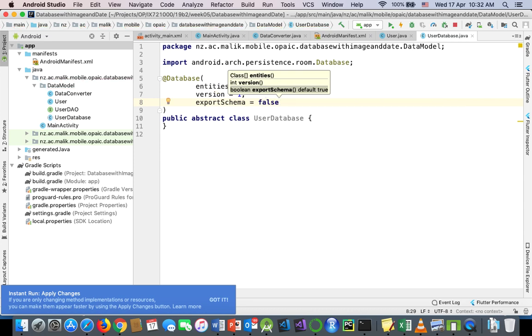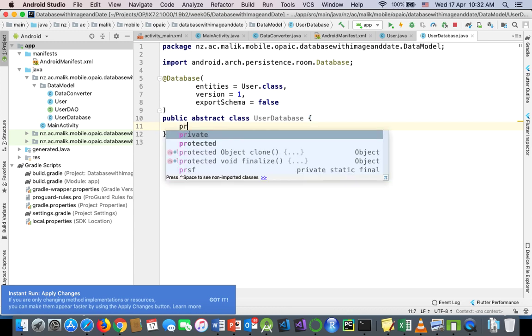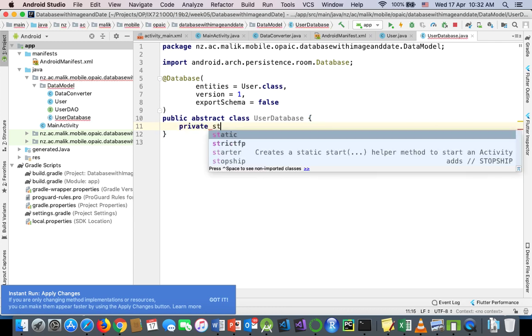It says that you want to export that particular schema that you have created here inside the entities. I want to make it false because if I make it true, then it gives me some error message that we can't resolve it right now. So I try to make it simple. False. Okay, and then inside this we are saying that we have a private static